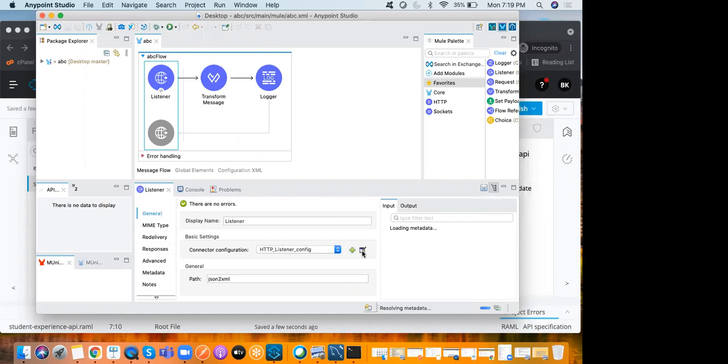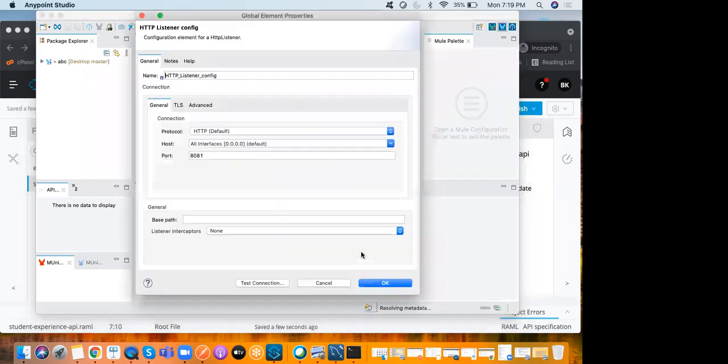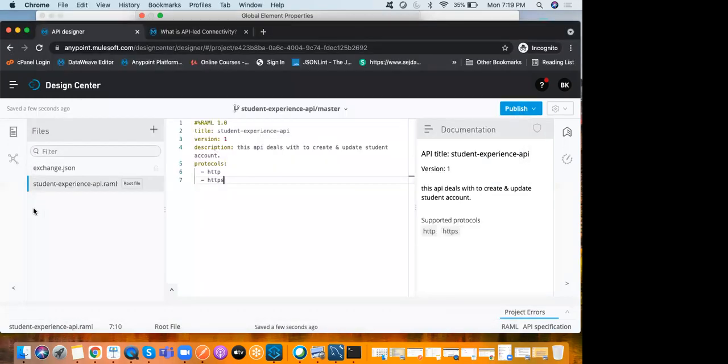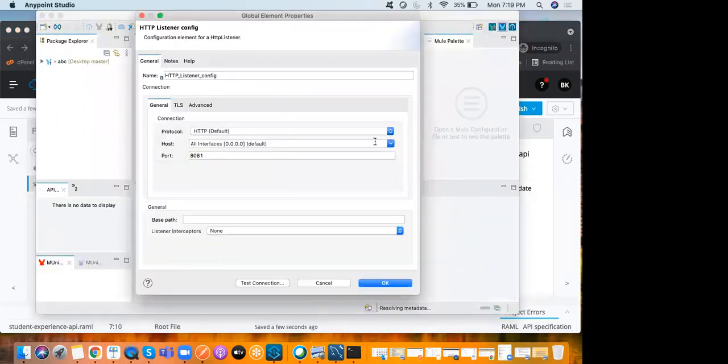Now we are in the design phase. HTTP and HTTPS are both there. If I come back to the drop down, you can see HTTPS. If you select HTTPS means,